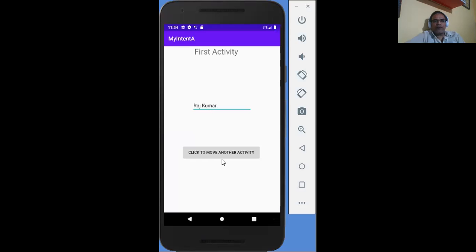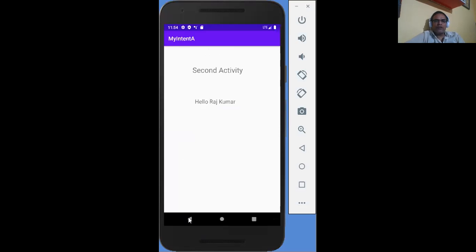So now if you click on this button, I hope you understand. Second activity, hello Raj Kumar. So in the first execution, that name is not there because we had not written the code for that purpose. But now we complete this application.